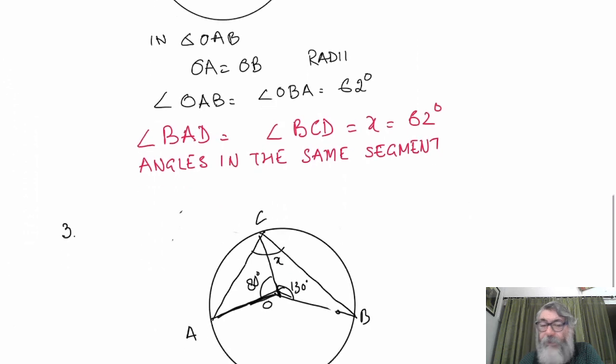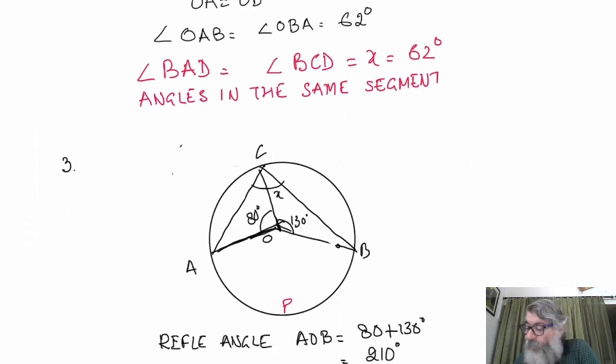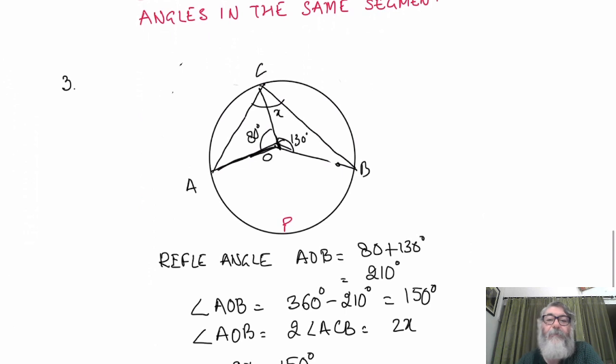Now in the third, what is the property which we have used? In the third question, we have used the property that angle subtended by an arc at the center of the circle is double the angle which it subtends in the remaining part of the circumference. In this question, he had given O as a center, A was joined to O, B was joined to O, and C was joined to O. And he had given you angle AOC as 80 and COB as 130. So we added AOC and COB to get the reflex AOB, which came out to be 210.